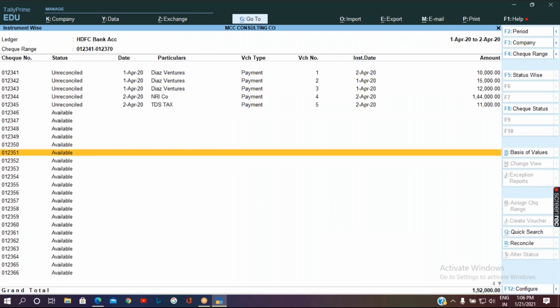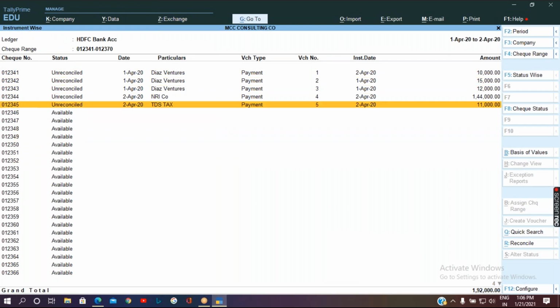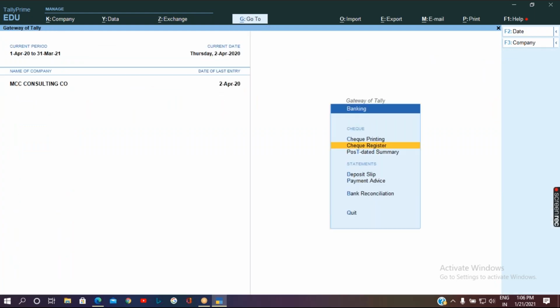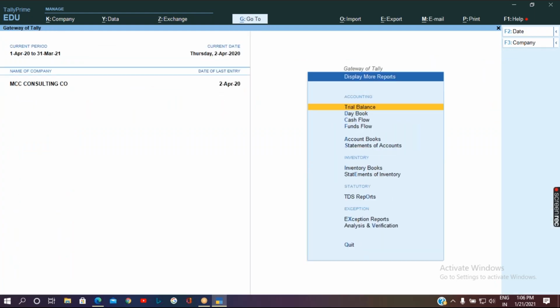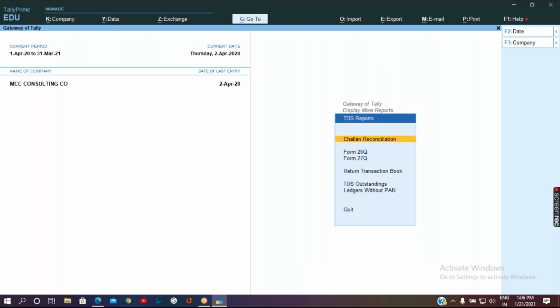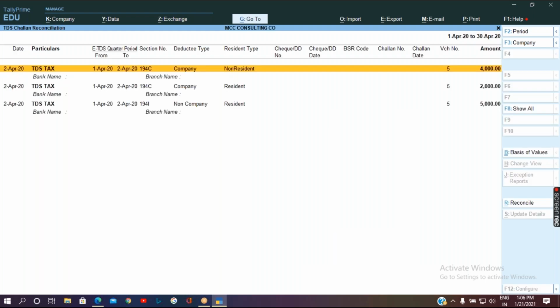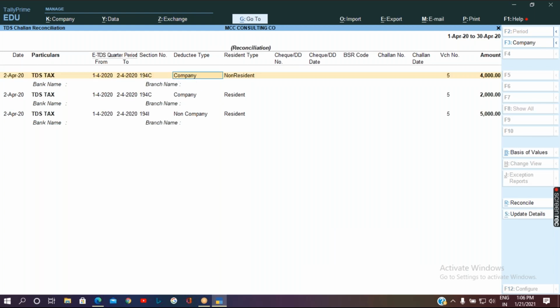So the check number is 012345. Let me go there and feed the same check number for all the transactions. Alt R, 012345. So it was paid on the second.